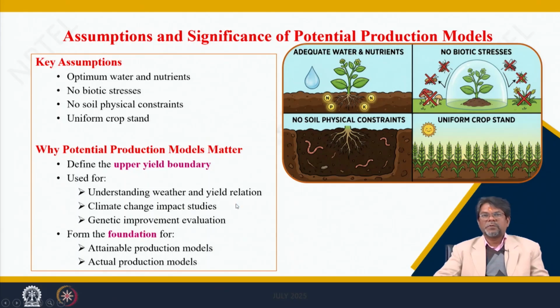So, if you are going for the potential production simulations, the crop is well protected from pests and diseases and there is no water and nutrient stress. So, this will create an understanding of the varying weather parameters and the yield. In that case, we can optimize the weather requirement for the yield using this model, particularly potential production